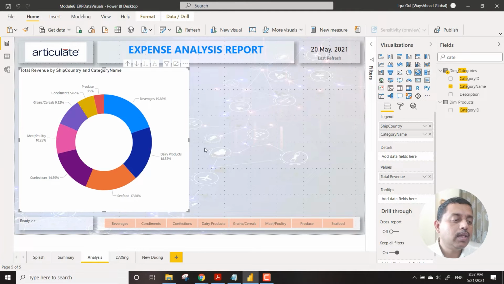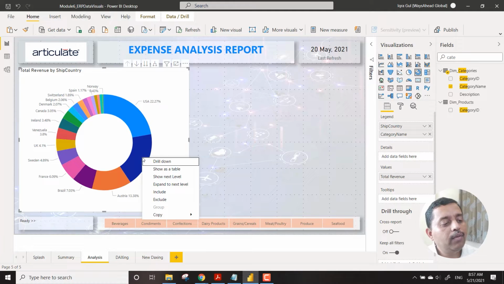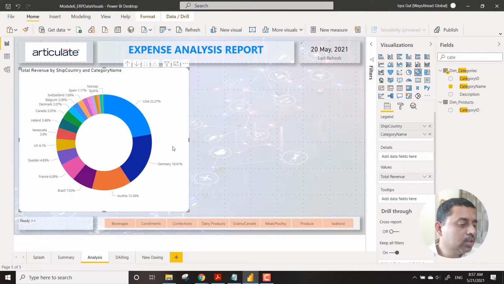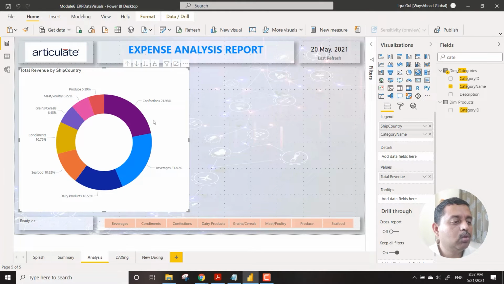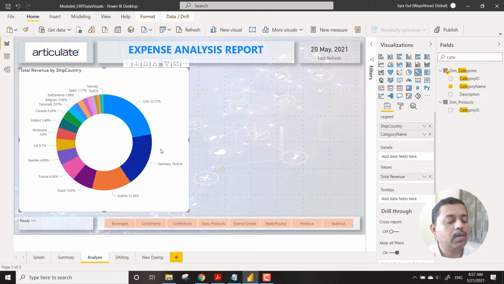So you drill down this and then you see within US what are the products that we are looking into, right? So this is the actual objective of using the drill down. So we have the drill down, drill up and other things. At any point of time we can right click and then say drill up. So it will go back and we can drill down. So this functionality looks fine, absolutely. There is no problem. So you can use drill up and drill down as well.